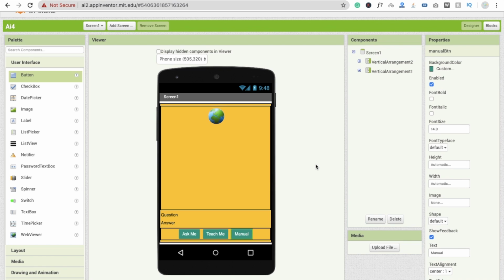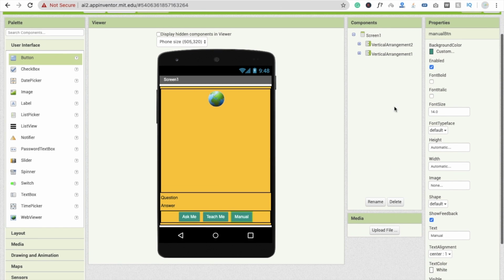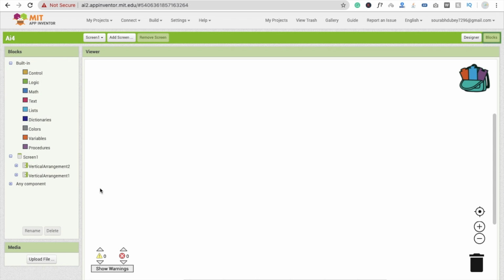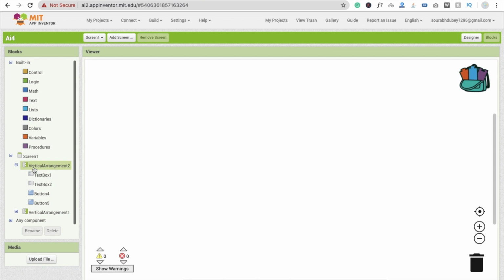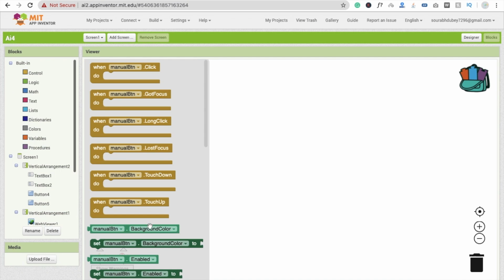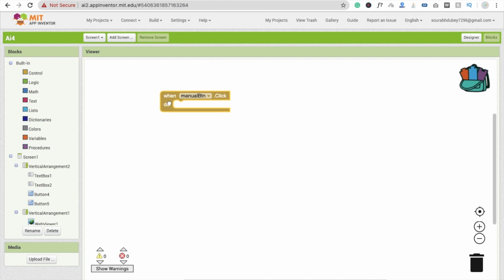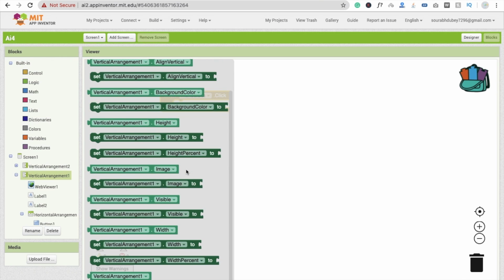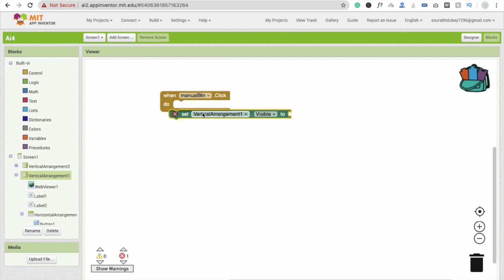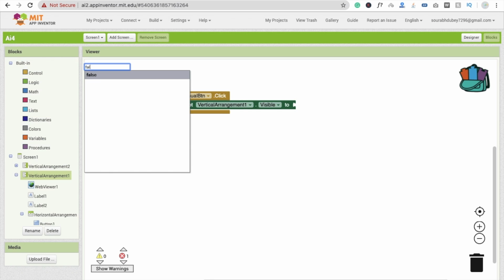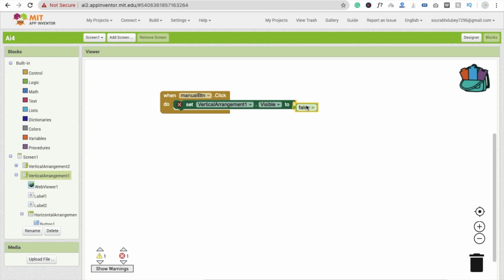Click on OK, and I'm going to the block section here, and whenever someone clicks on the manual button, so where is my manual button? Manual btn. So when someone clicks on manual button, we have to hide vertical arrangement, visible is false, and another one, vertical arrangement 2, should be visible, like this one enabled.